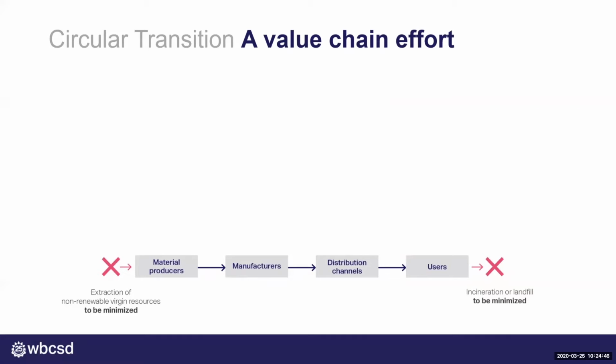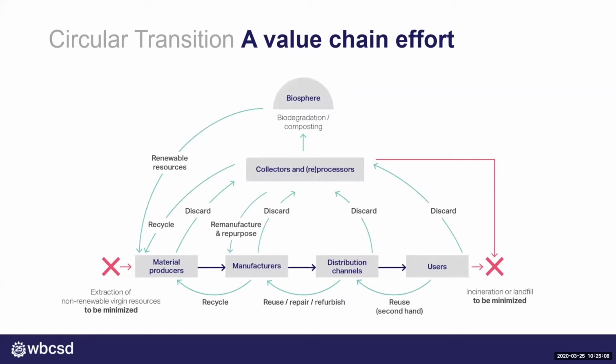I think we can all agree that the circular economy cannot be a one-company exercise. It requires substantial collaboration across value chains. Think of a very simple value chain and imagine that both resource extraction and wasting materials is reduced to a minimum. Where does all the material to keep this economy running come from? Circulating all the materials will take a tremendous coordinated effort behind the scenes. So collaboration across industries and value chains is imperative in this transition.